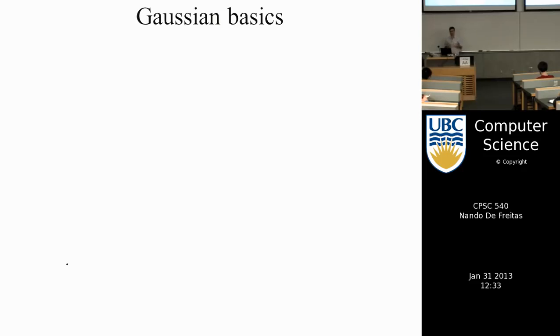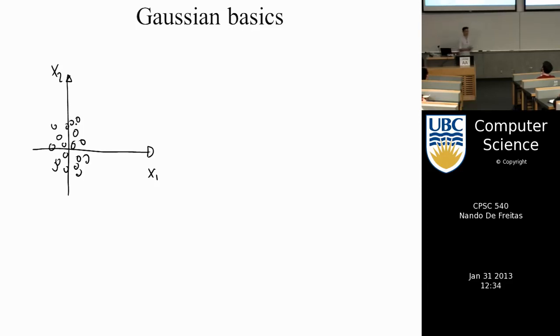But let's go over a quick review of what I think is important to know. Suppose you have a cloud of points, and let's say that there's two variables, x1 and x2, and this cloud of points essentially describes realizations of these two variables. So you might have an individual, you're measuring height and weight, and that would be x1 and x2, and then